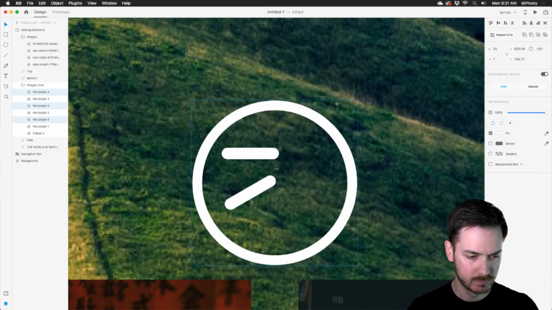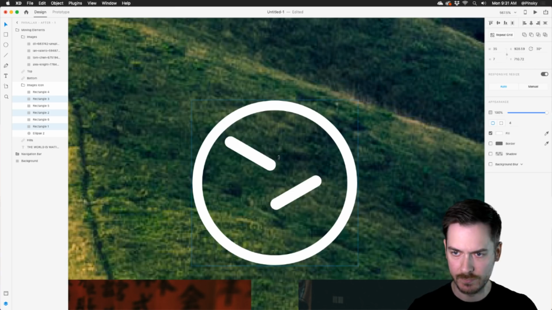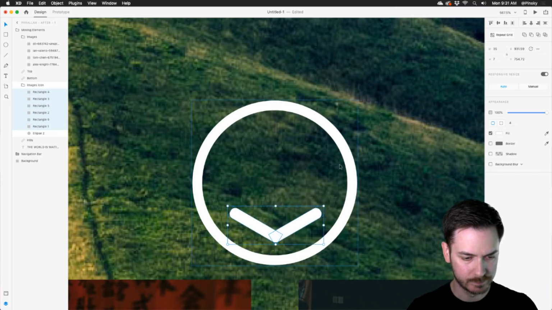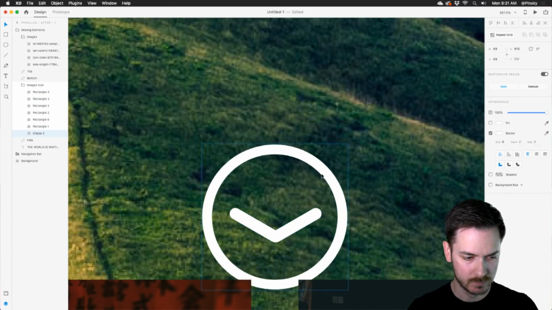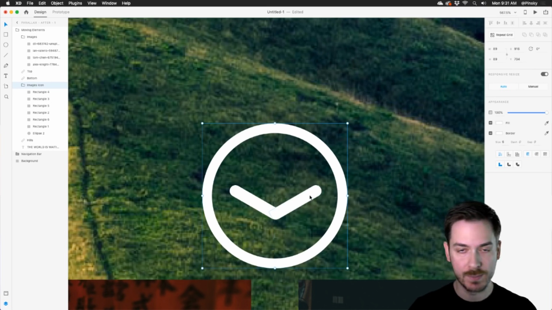That might work. Now we'll rotate these. And I'm holding down my shift key as I'm rotating to snap it into place. And I believe it rotates 15 degrees each time you do that. There we go. Move this down. And I can probably make this a little bit smaller. There we go. So now the images icon has been changed, but all the layer names are exactly the same